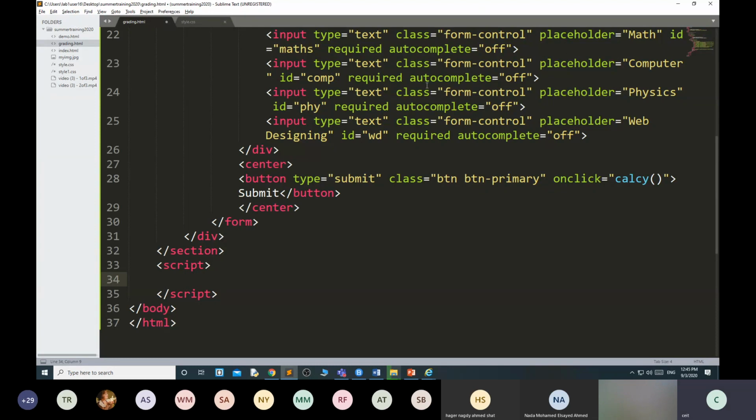Then what I want to do, I have to define this function. To define this function, it is very easy. I'm creating one constant variable and I'm giving the name calci equal to